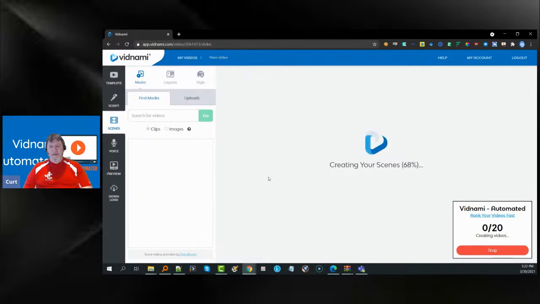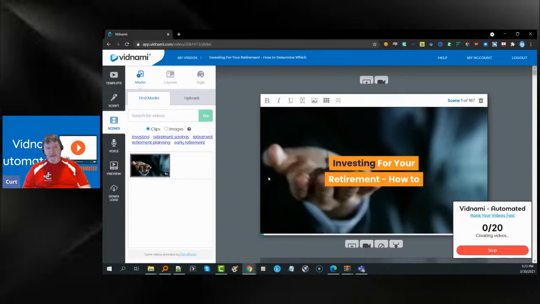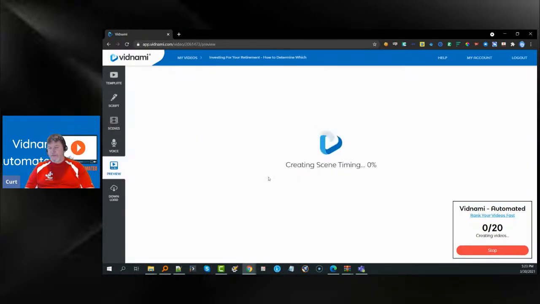Now, the thing about this piece of software, this actual Chrome extension, all it's doing is automating your clicks. Nothing more than that. It's not doing anything in the background. It's not doing anything nefarious to Vidnami or their servers or their services. It's actually just automating the workflow and the click flow in order to help speed up the creation process